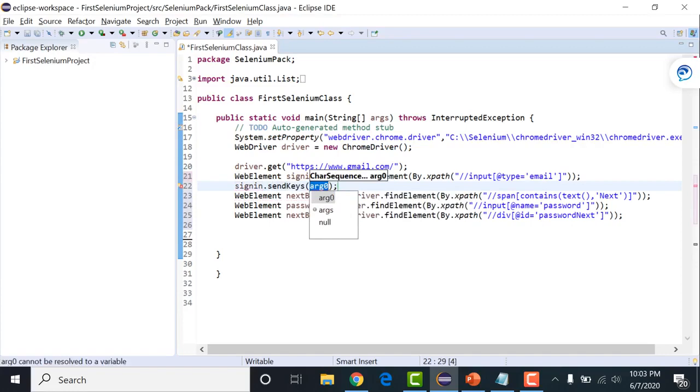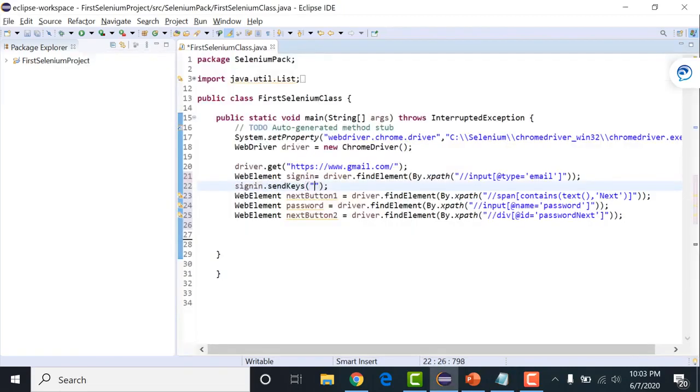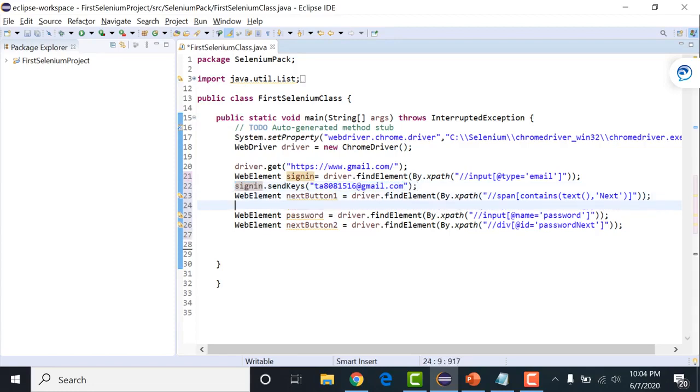For that, what method is available in Selenium? That is sendKeys. What value do I want to enter? This. I have created one dummy ID for the demo. So I'm saying enter this particular value in this locator. Okay. After that, on this first next button, I want to click. So we have a method available in Selenium, that is click.